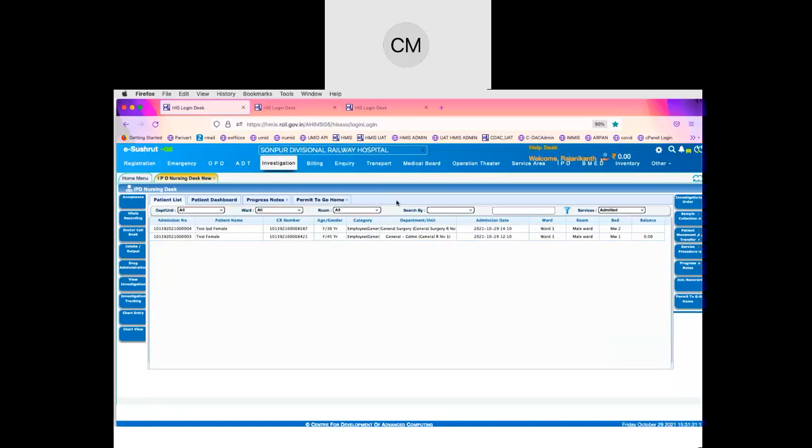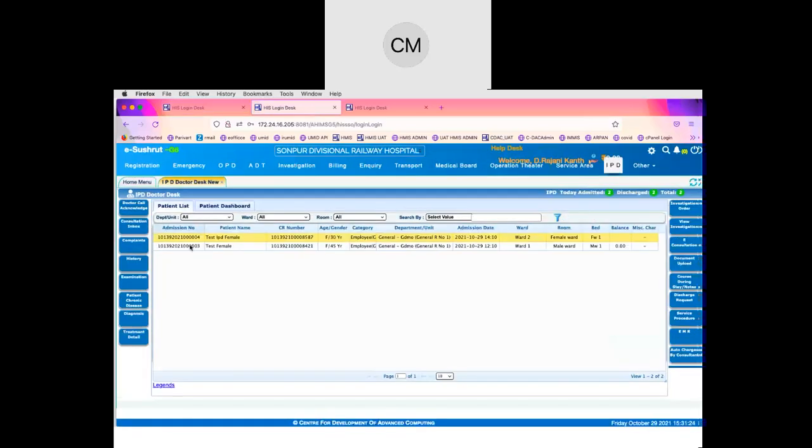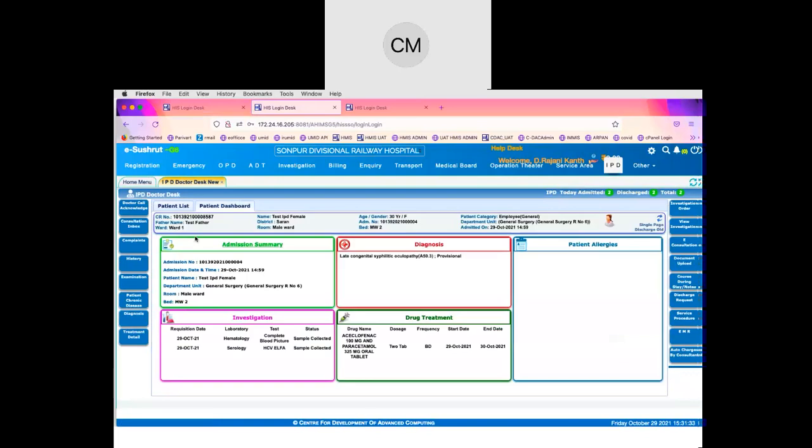So now we can go back to the doctor desk, and we will see two aspects that we have not covered. Now in the doctor desk also the details get updated, and they will be able to see. Earlier the dashboard was empty. Now it gets filled with the investigation information, drug details, and diagnosis related information. All those details get populated here, and the doctor can have a single page view at a glance.